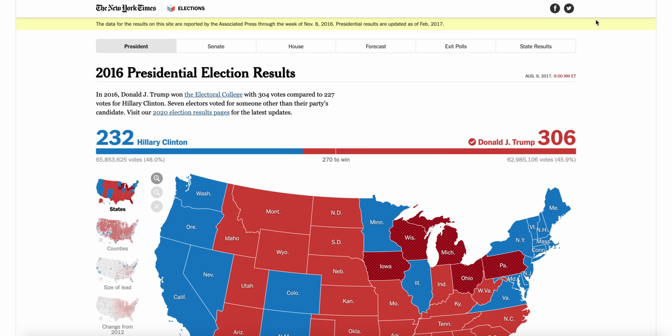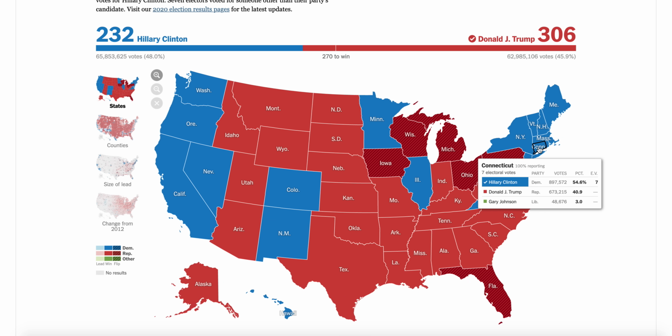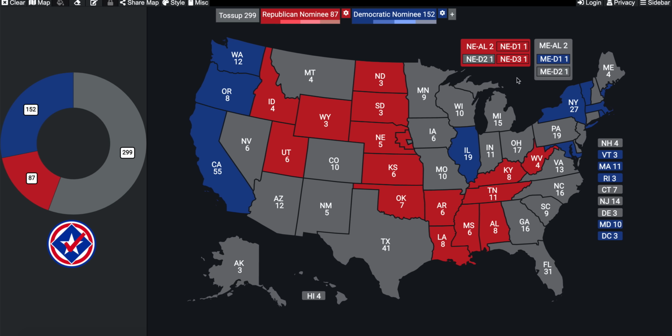If you look back at 2016, you look at New Jersey, Hillary Clinton won it, but it was by 14 points. In Connecticut, she also won the state, but not by 15 plus. In Delaware, she won it by roughly 11 points. So these states